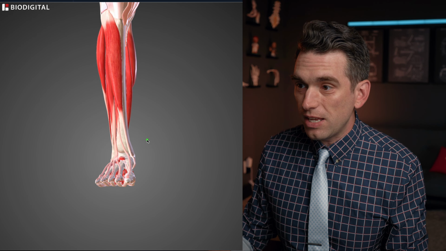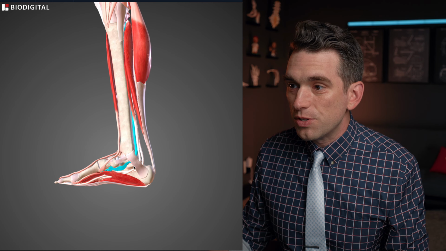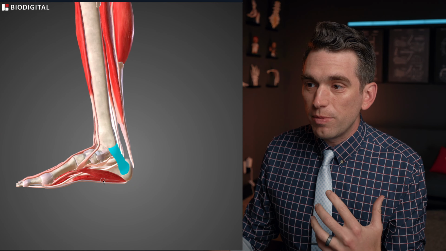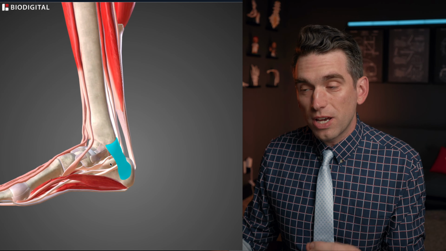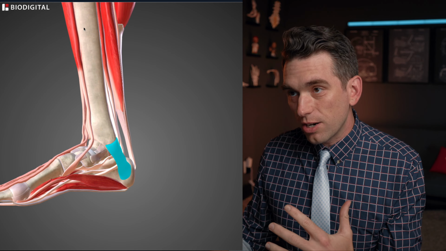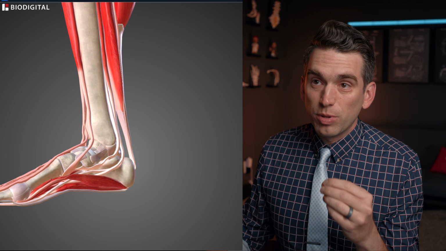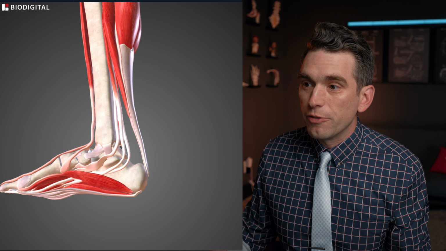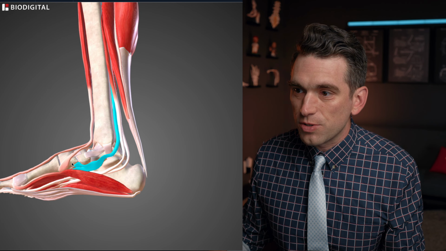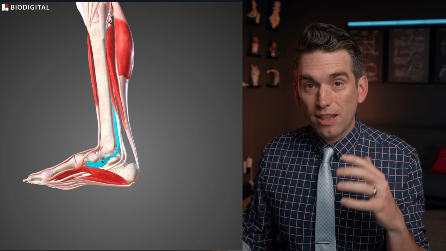So looking straight on at the ankle, this is going to be the medial side, this is going to be the lateral. If we zoom in, the main structures in terms of tendons are going to be the structures of the tarsal tunnel. Tarsus is ankle, and so the tarsal tunnel is this area through the inner part of the ankle where a key number of tendons, blood vessels, and nerves travel. The first one is going to be the posterior tibialis tendon. It comes down and inserts on predominantly the navicular bone, and it's really important for maintaining kind of the arch